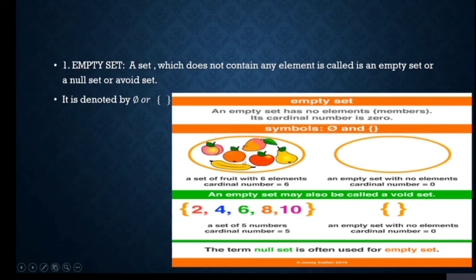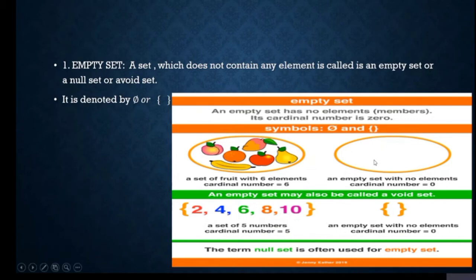See, first circle. Here there are 6 types of fruits in this circle. It is denoted by cardinal number. It means the number of elements in the set is called the cardinal number. This definition will come in the next slide.